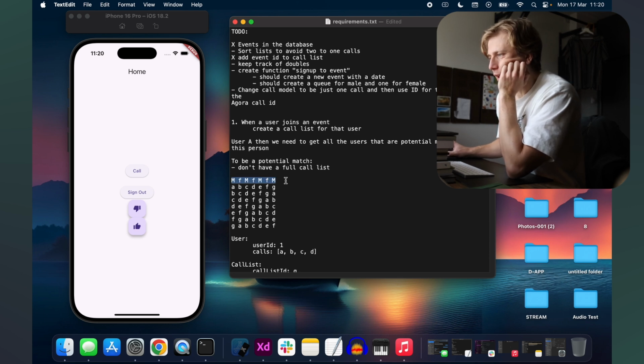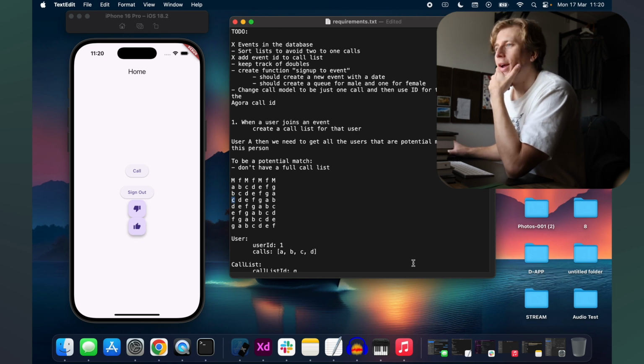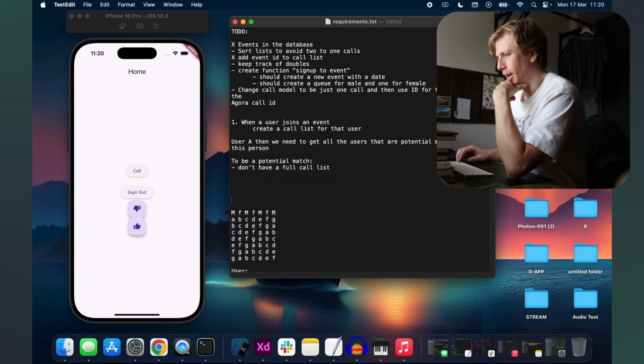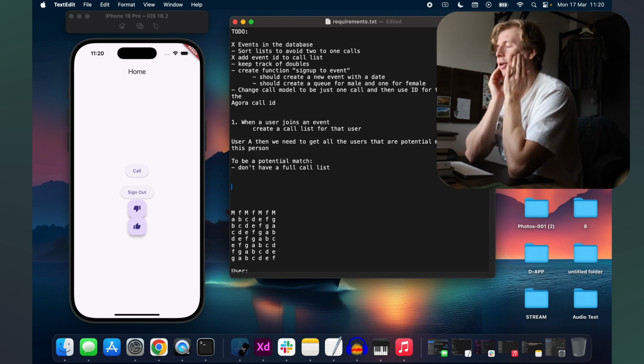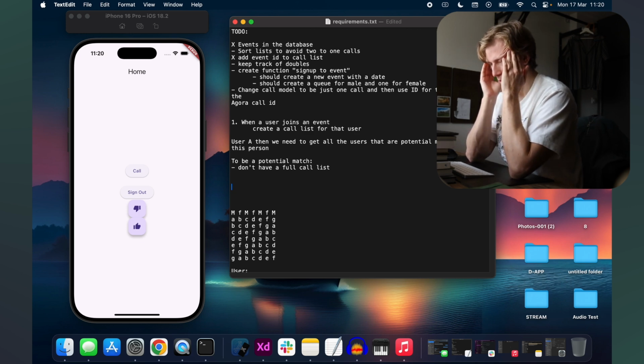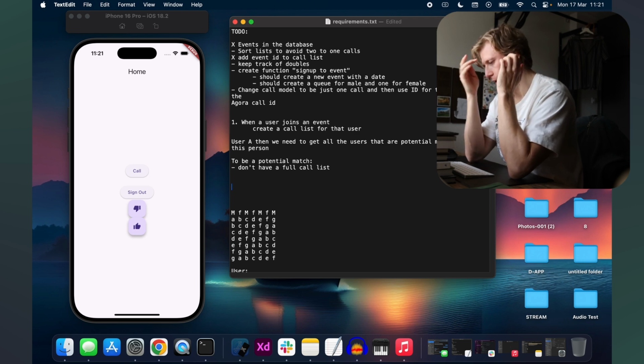If that's the case, and we assume that they're straight, then this male will be talking to a female first, but then it will be talking to a male, which is not what's going to be the case. So I think this whole thing doesn't really matter. I'm trying to think of what the edge cases are, or what could go wrong when we sort people into groups, because we basically need to make sure that